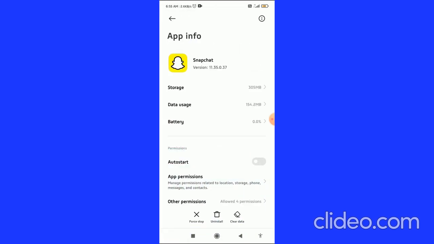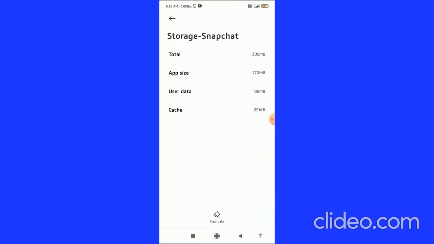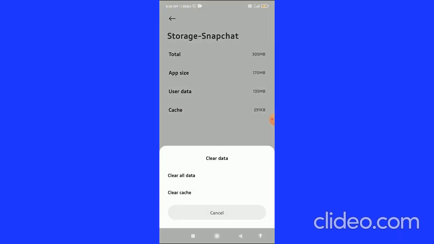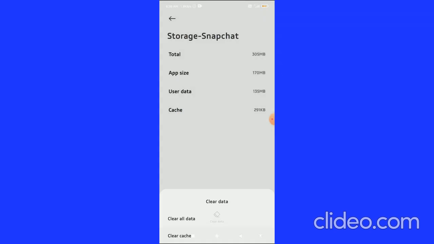After that, you can click on Storage, and here you have to click on Clear data, and then Clear cache by clicking on the OK button, and here you can see the cache is cleared. But if you go back to your Snapchat and there is still the problem of opening,